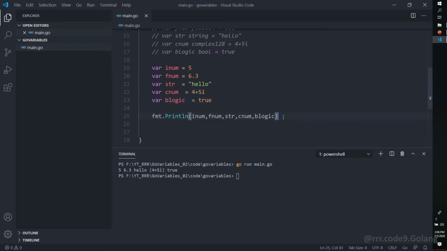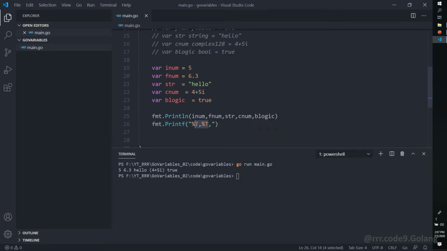And in case you want to know what types of the variables Golang has detected, we can just print the types. We can do that in this way, Printf. Here we can put percentage caps T. So percentage caps T gives the type of the variable. So let's define this multiple times.